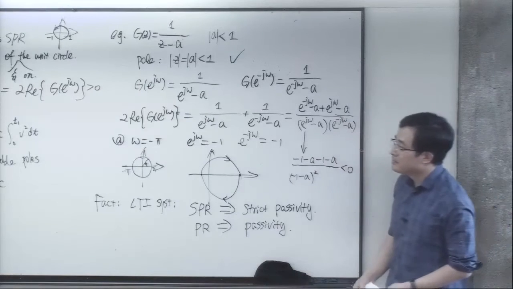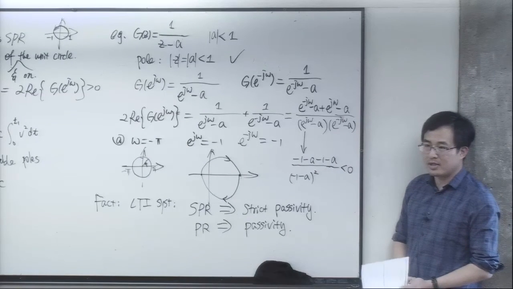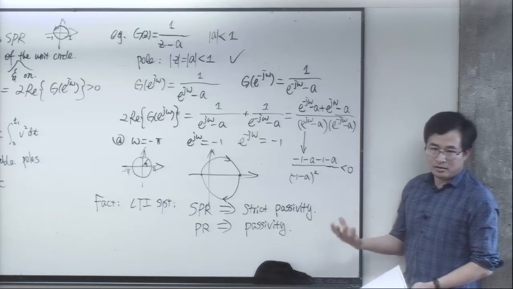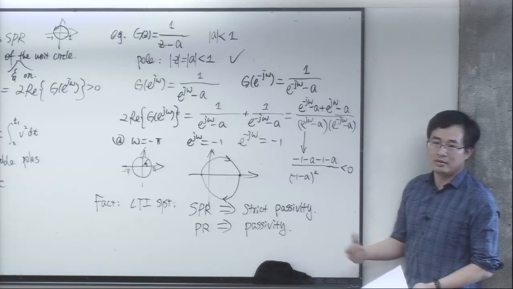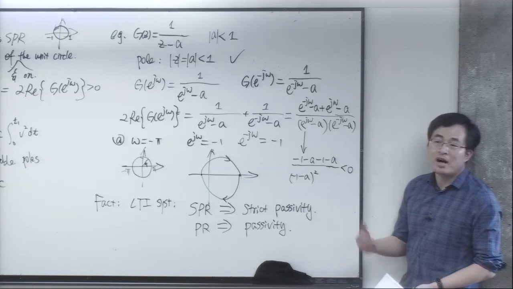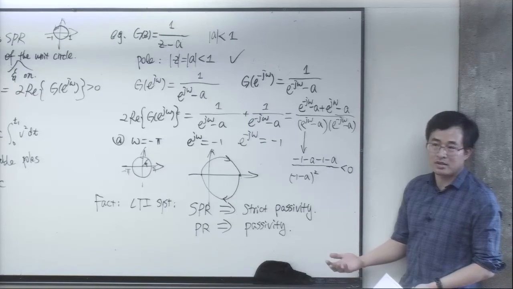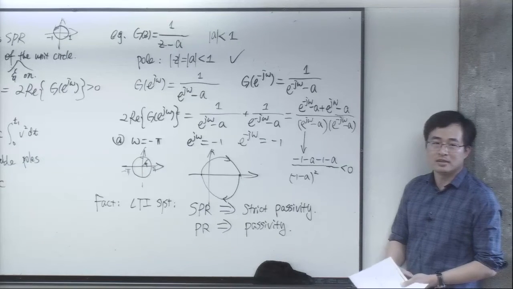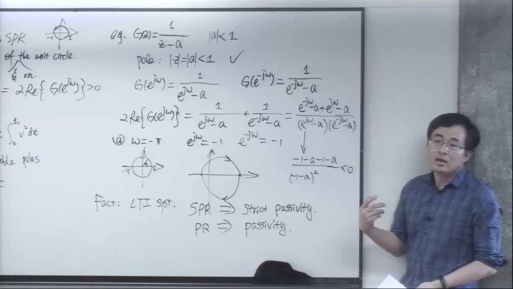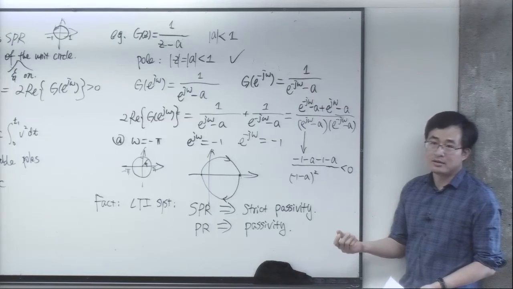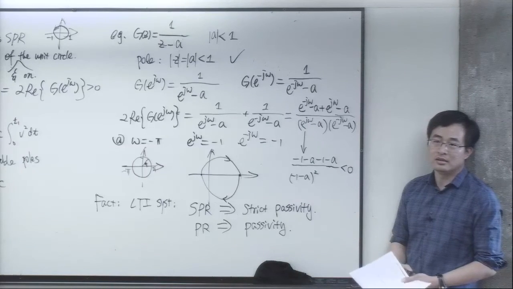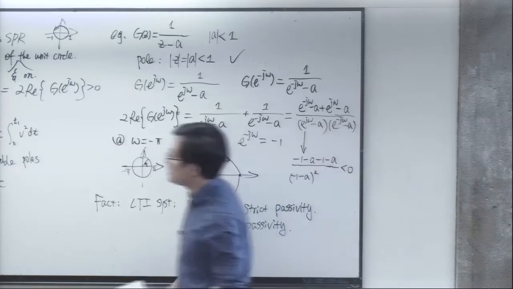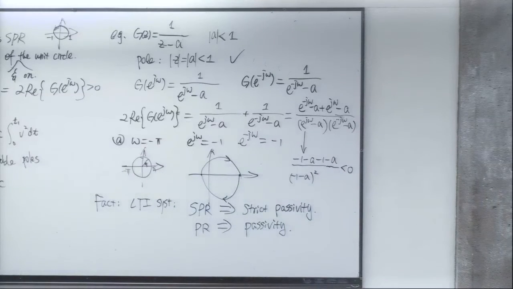It's sometimes interesting. Although positive real is less restrictive than strictly positive real, to process that is actually a little bit more involved. That's similar to the concept of marginal stability and stability. Strict stability is actually very easy. You just require the poles to be either strictly on the left half plane or within the unit circle. But when you have marginal poles, let's say you have 2 poles at the origin, you have a double integrator. You have 2 marginally stable poles, the system is unstable. So these are the interesting practical aspects about these concepts.